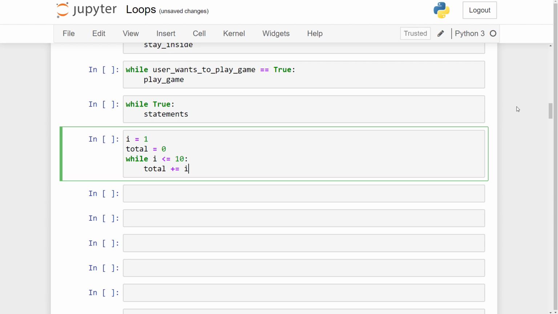Therefore, the test expression would always evaluate to true. And this would then mean that our code enters into this never-ending loop. And this is known in Python as an infinite loop, which is something you want to avoid. So in order to ensure that our condition at some point evaluates to false, at the